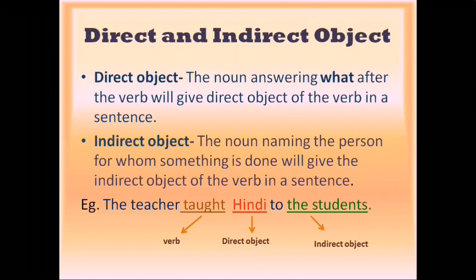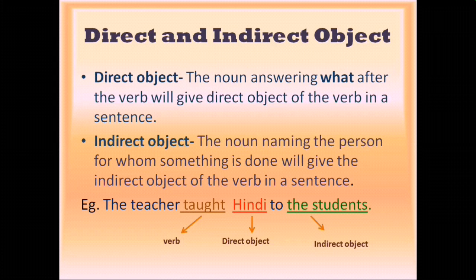Now we are going to learn about two types of objects. First is direct object and second is indirect object. Direct object: the noun answering word after the verb will give the direct object of the verb in a sentence. Indirect object: the noun naming the person for whom something is done will give the indirect object of the verb